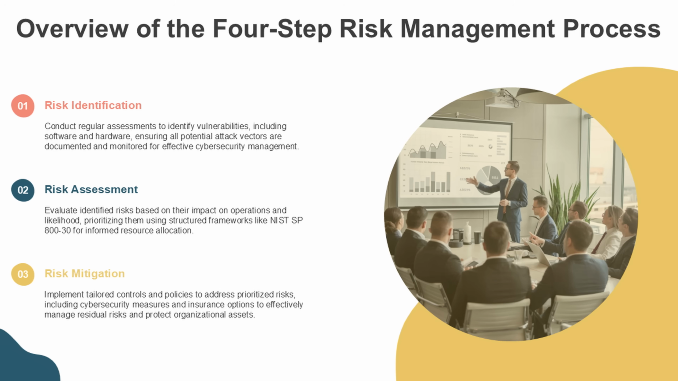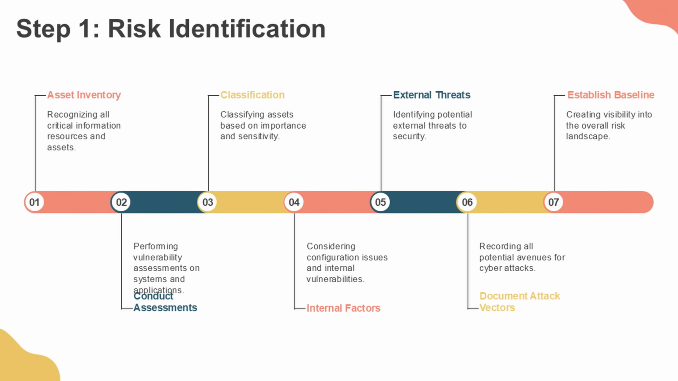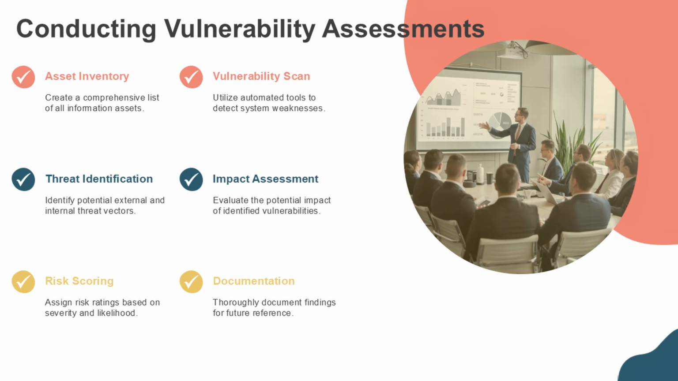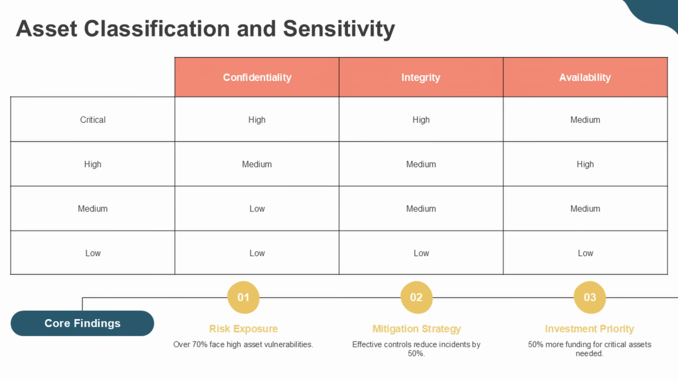The first critical step involves recognizing and cataloging potential vulnerabilities across your digital ecosystem. This process begins with a comprehensive inventory of information assets, including hardware, software, services, networks, and human resources that cyber criminals could target. A thorough risk identification phase requires conducting vulnerability assessments to expose weaknesses in systems and applications, classifying